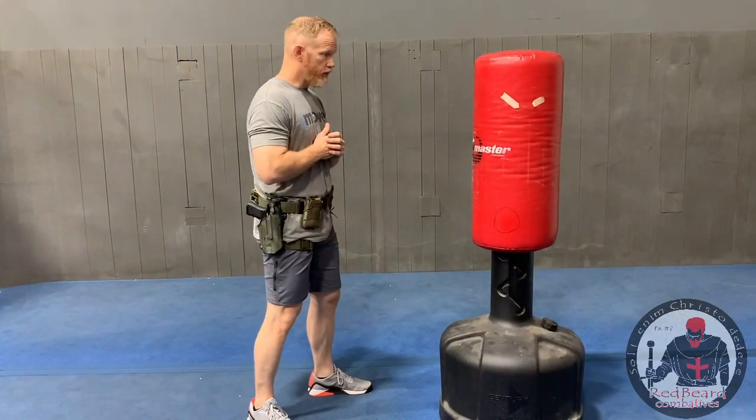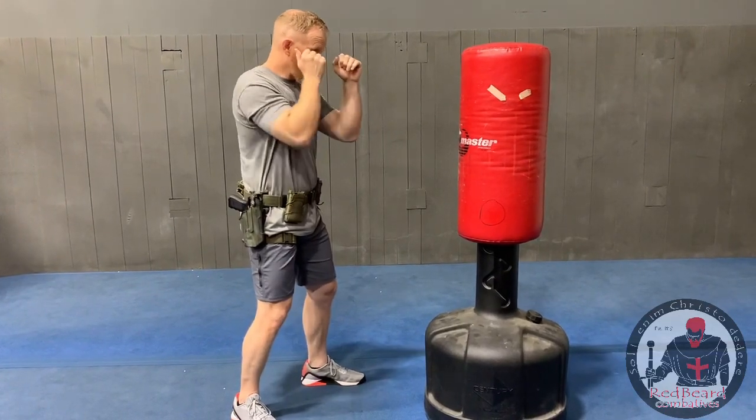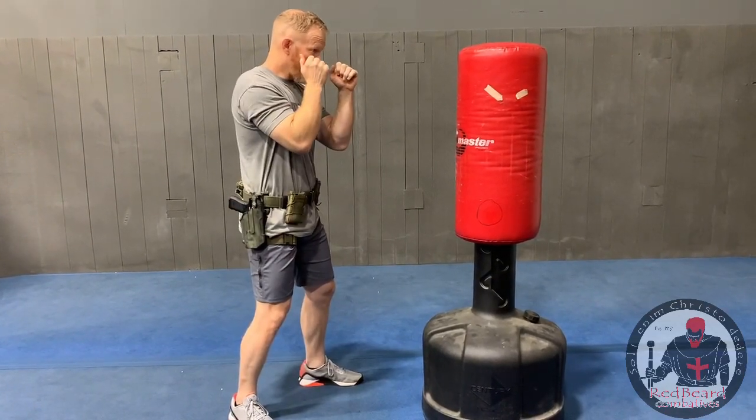So now we're going to move to the retention position. So once again, in our fight stance, elbows in tight, hands near your face. From here,